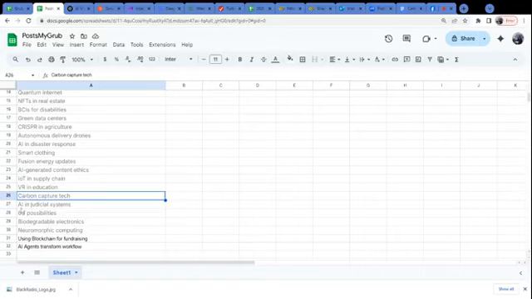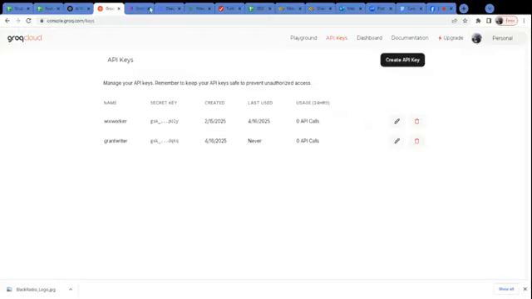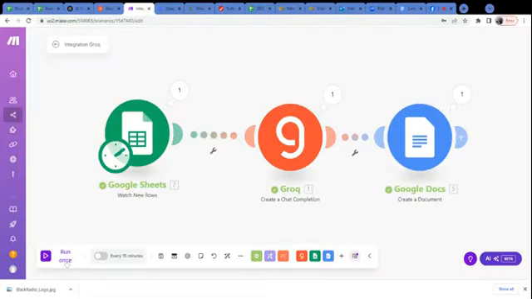Now we're going to rerun it to see if we can do one on AI in judicial systems. And really in Groq, you can have this run every 15 minutes. As you can see here, you can run it once or you can have it run every 15 minutes. So that's the Google Sheet, and then it pretty much pulls that